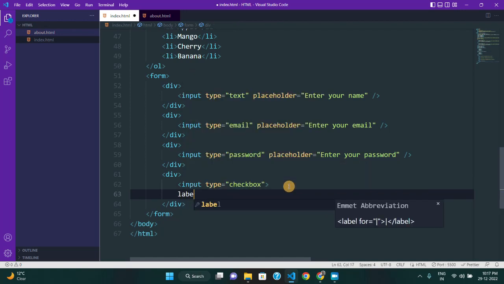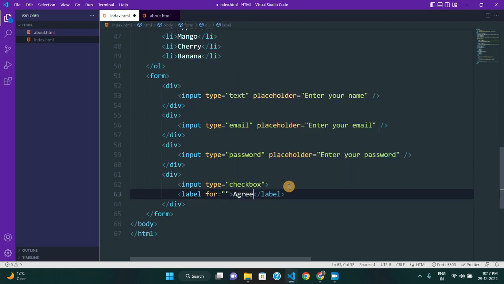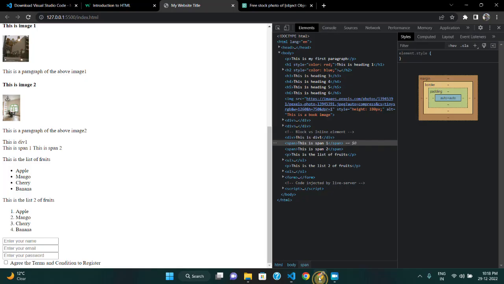called label. So here in label, let me come here and say agree the terms and condition to register. Now whatever text I have written inside this label tag is going to show within the checkbox here, as you can see in the same line. Now it is saying that agree the terms and condition to register, and